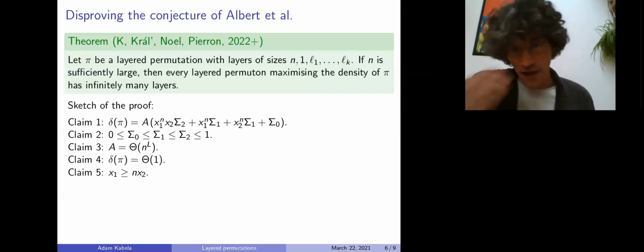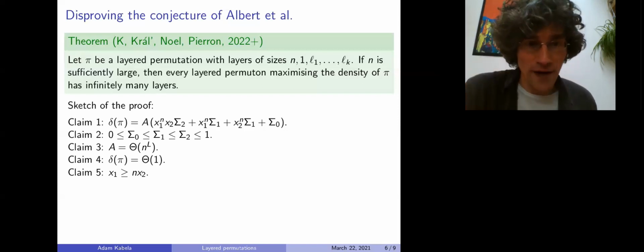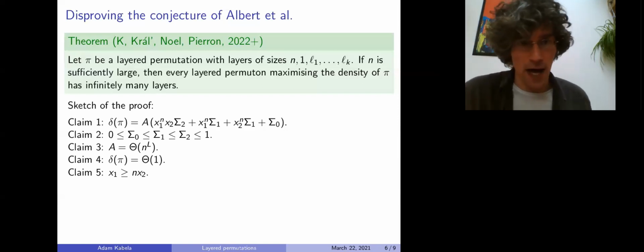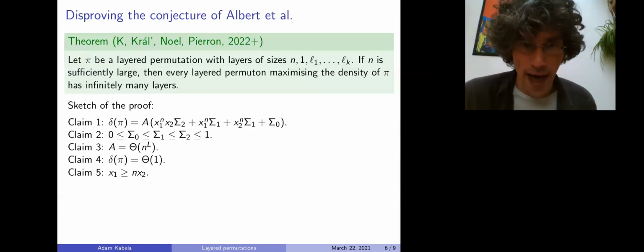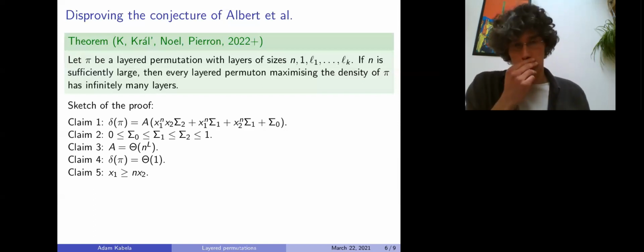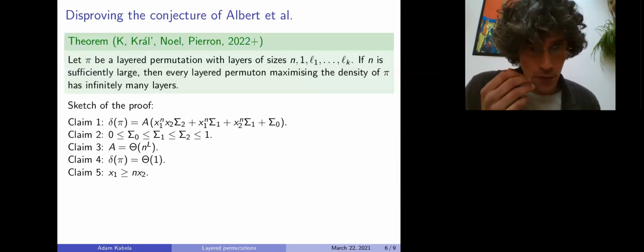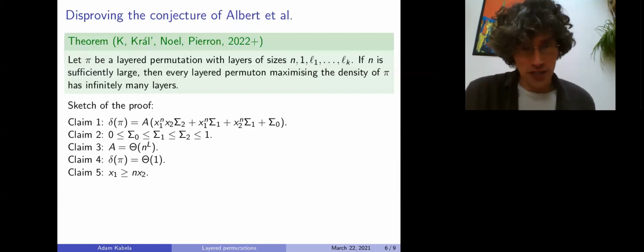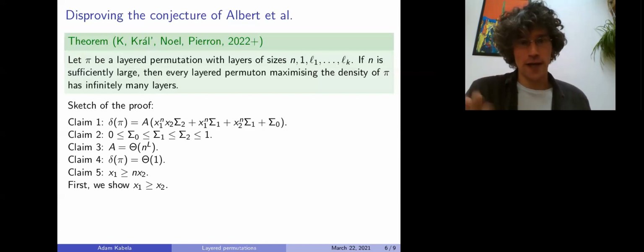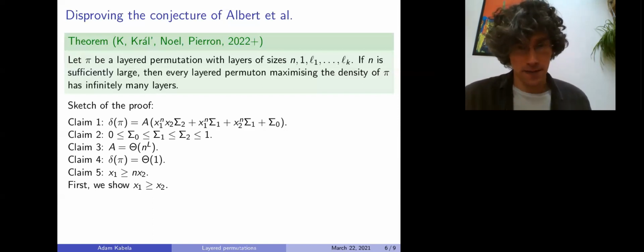We continue in this session. So we've already bounded A and the packing density and the auxiliary sigmas. Now we'd like to bound X2. And so we show this inequality. We do it in 2 steps. First, we show that X1 cannot be smaller than X2. And in order to do that,